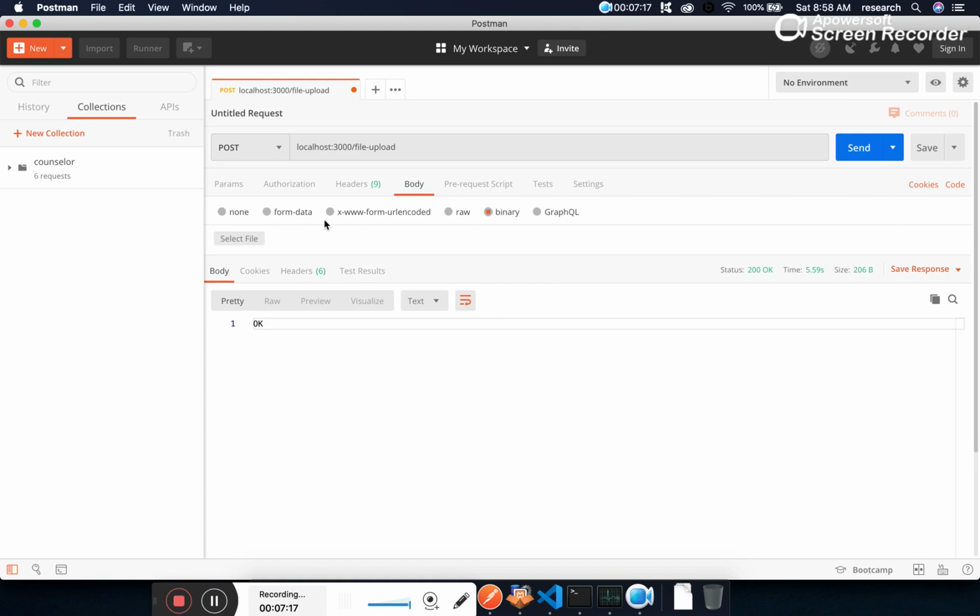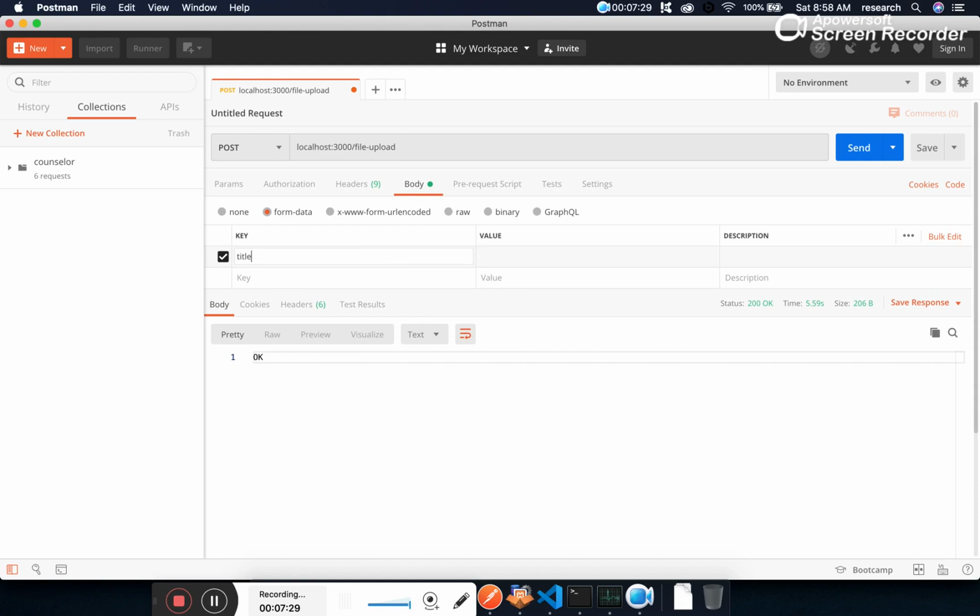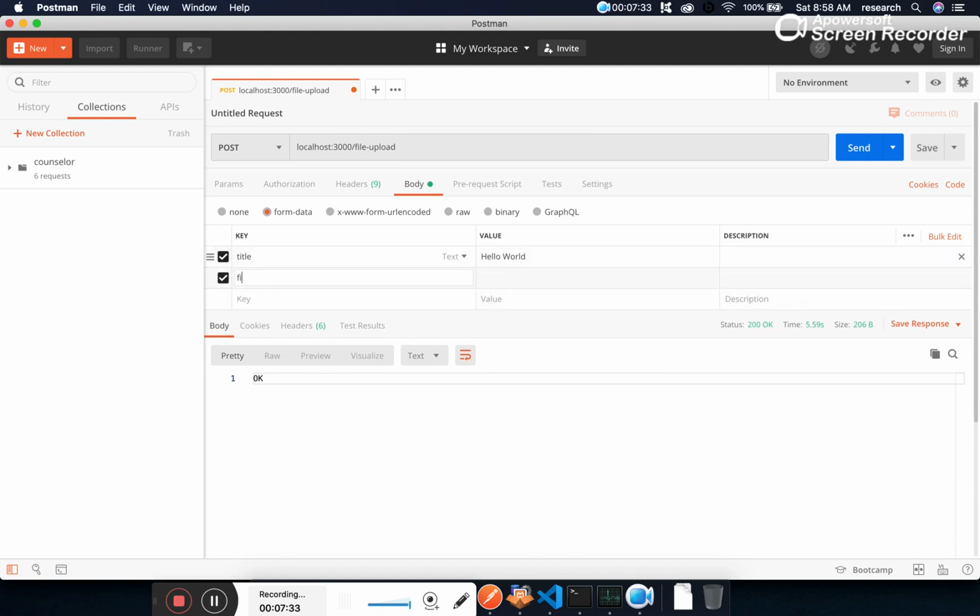We can also choose the binary option, but with form data we can pass some additional information apart from the file. So here, like text and file. Let's suppose I also want to send some text data like hello world, and I want to send one file also. So here I have to select the file.